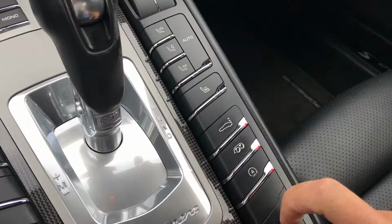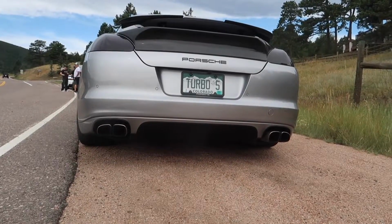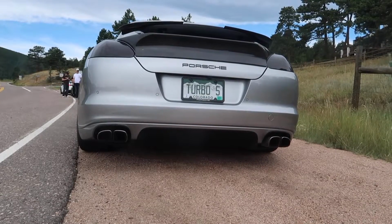I'm not sure why I haven't been driving it in this mode yet, but it does have an exhaust button down here that if you press it, it actually opens up the exhaust. So when you want it to be quiet, it closes the valves. When you want it to be loud, you just press the button and it opens them right up. It sounds absolutely beautiful. Now, the 4.8 liter twin turbo V8 absolutely purrs. Coming from Nate's E63S AMG, it doesn't have that really grunty sound, but it's a very crisp,